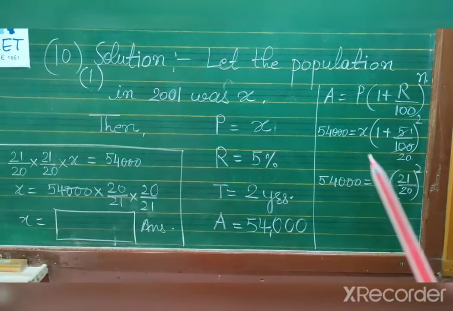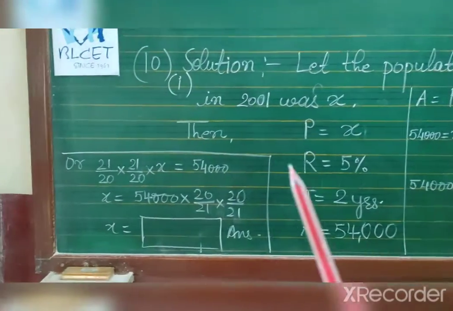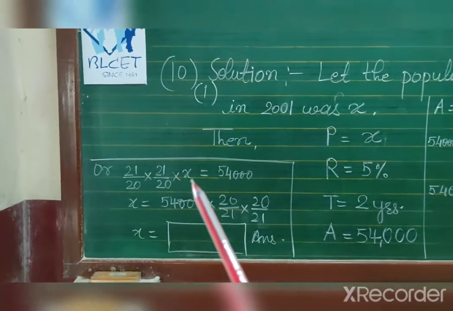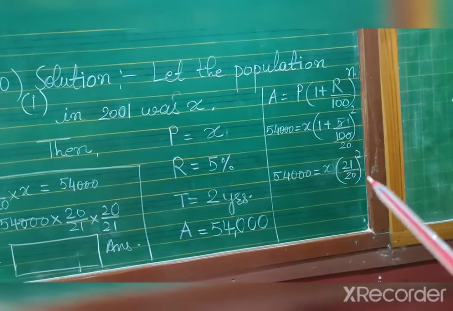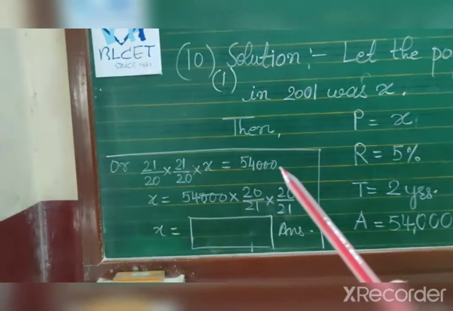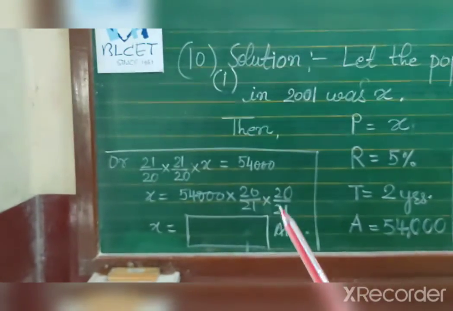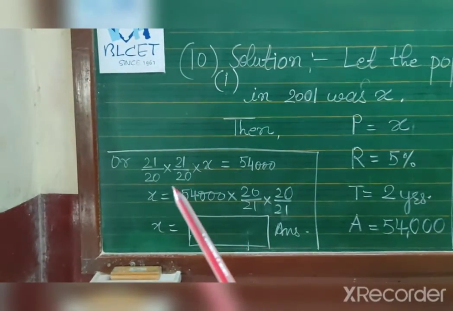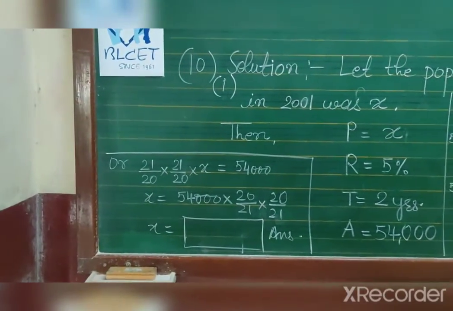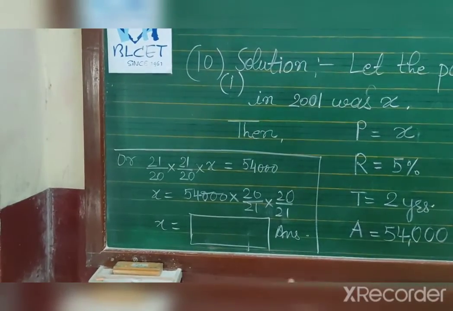So you can see directly I have done this, and 21, so we can write 21 upon 20, 21 upon 20 into x. That means we have to calculate the value of x. So this value we will take left hand side. So 54,000, so x equal to reciprocal of 21 upon 20, 20 upon 21, 20 upon. Whatever after simplification, whatever value you are getting in the decimal or without decimal, if decimal value you are getting, so after 2 digits you will consider.